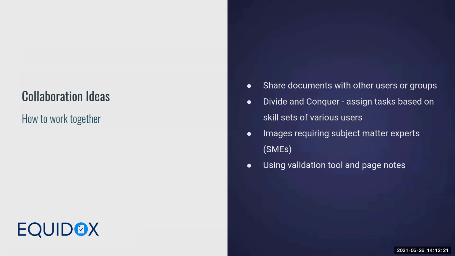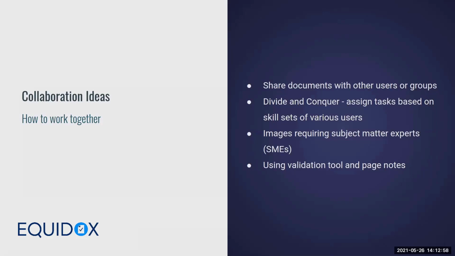Now, some collaboration ideas. Because Equidox is a web-based application, there's a collaboration aspect built into the tool. So we can actually work together and share documents through the Equidox platform. And because we work on a concurrent user licensing model, that means you can have multiple people logged into the same account simultaneously. And you can even have multiple people working together on the same document simultaneously. So Equidox gives you the ability to share documents with other users or groups, and you can actually divide and